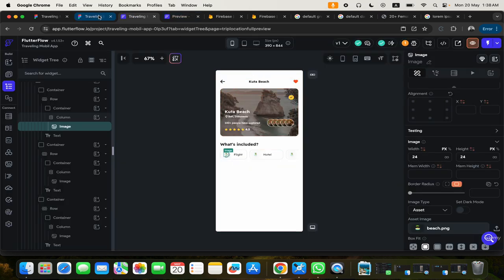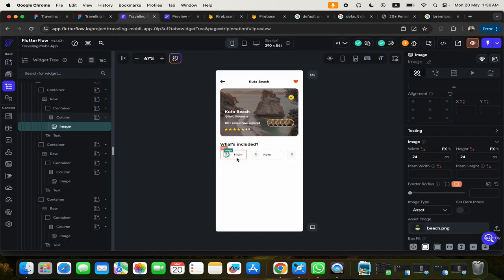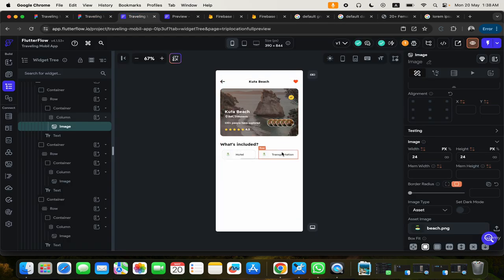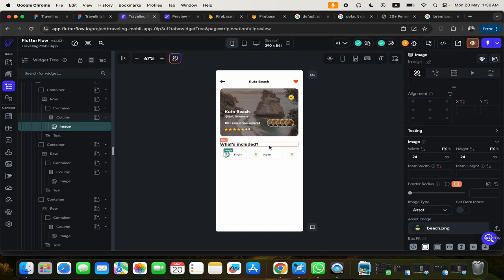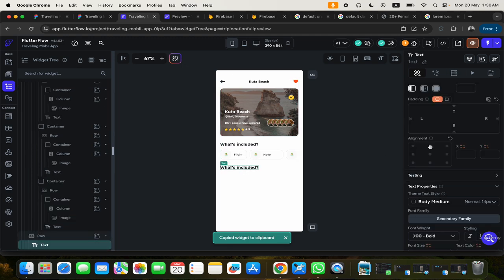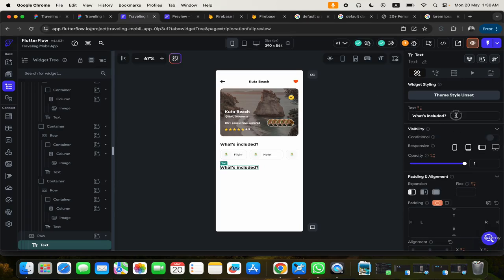We will find our own icons to use, because if we come here to the design area, we're supposed to use this flight, hotel, so no problems, we'll figure it out. Now we have that. Of course it's scrollable because we just copied it from where we already worked. So we need to just go ahead and copy these, Command C, Command V, and then we just say about trip. So I'm just gonna call this about trip,